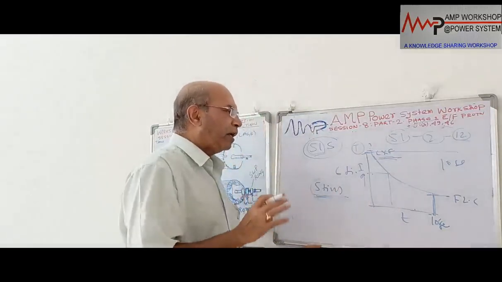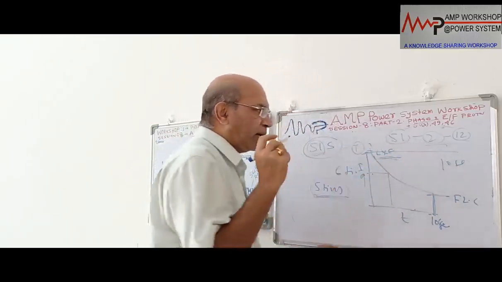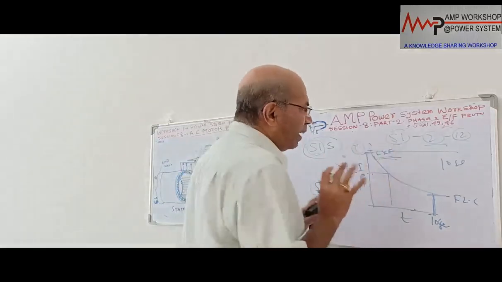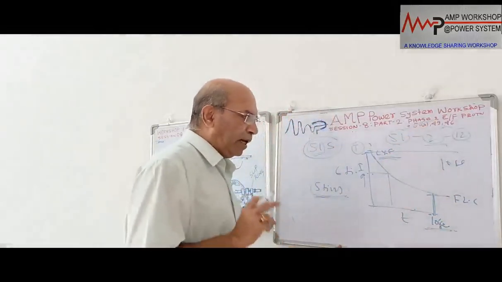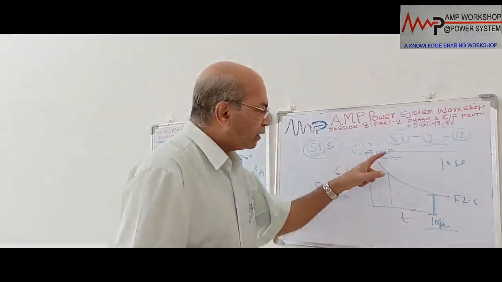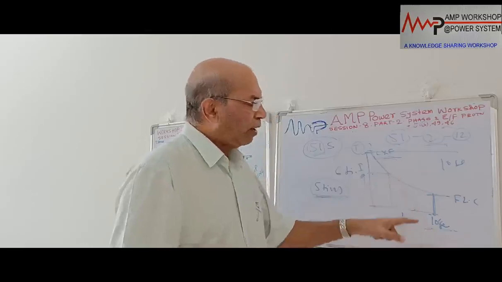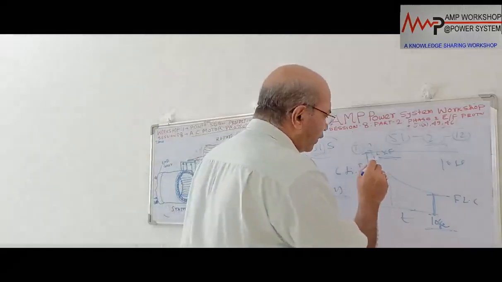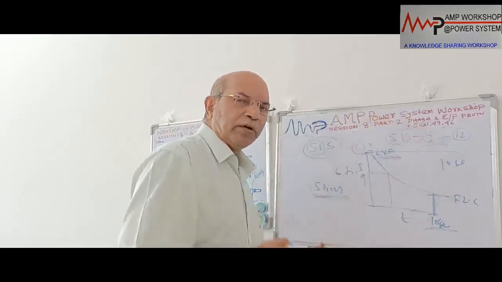So it will not operate. We allow the relay to operate, but with a timer, and the timer is given more than the starting time. Until the starting time is over, even if the relay is picked up and the current is maintained at 6 times, it will remain picked up and wait for the starting time to pass. The moment the starting time passes, it will operate. But in that case, we have to see whether the motor can withstand that amount of current or not. If the motor withstand time at 6 times current is less than 10 seconds, then we have to go by other means to protect the motor. If the motor withstand time at 6 times current is more than 10 seconds, then we can use this overcurrent relay with a timer for locked rotor protection.